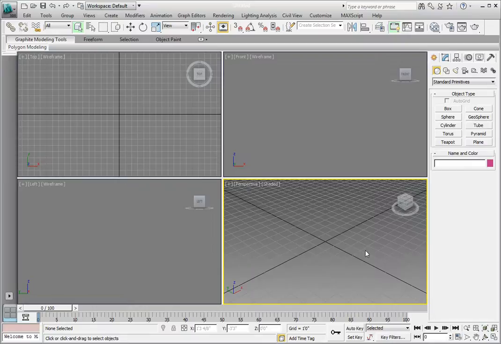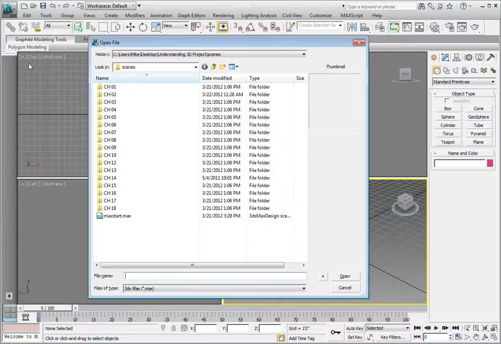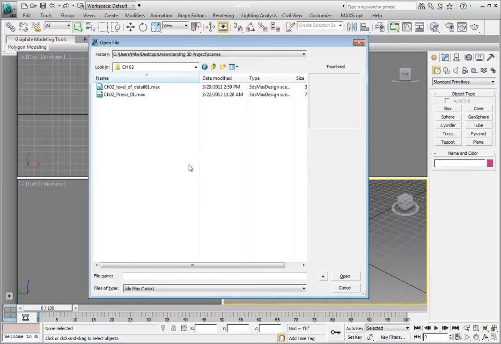Make sure 3ds Max is open. Click on the Application button in the upper left corner. Click Open in the drop-down menu. Navigate to the Chapter 2 directory inside the Scenes folder. Remember, we set up our project directory. Now whenever we load a scene file, it will take us into the Scenes directory of the Understanding 3D Project